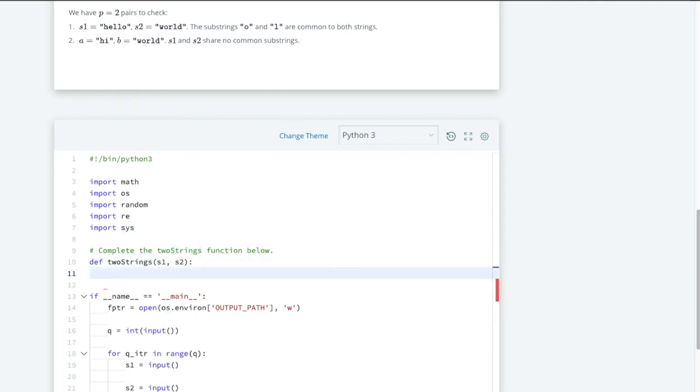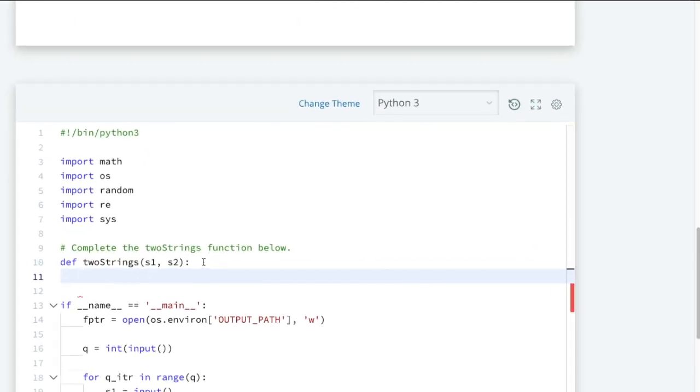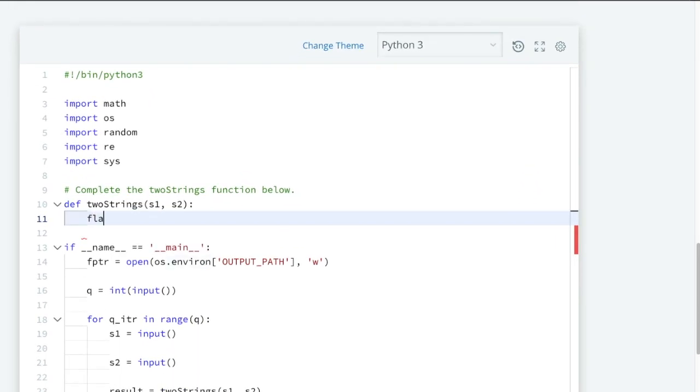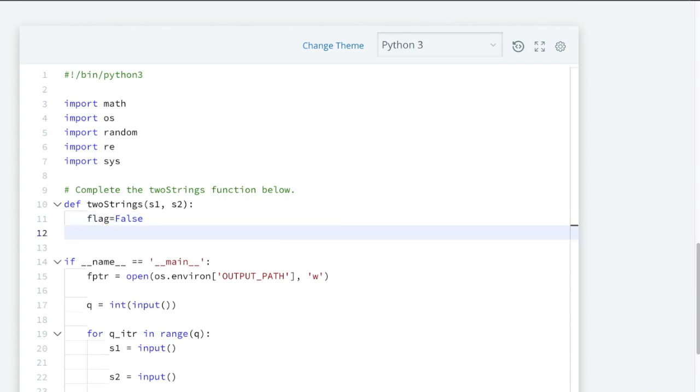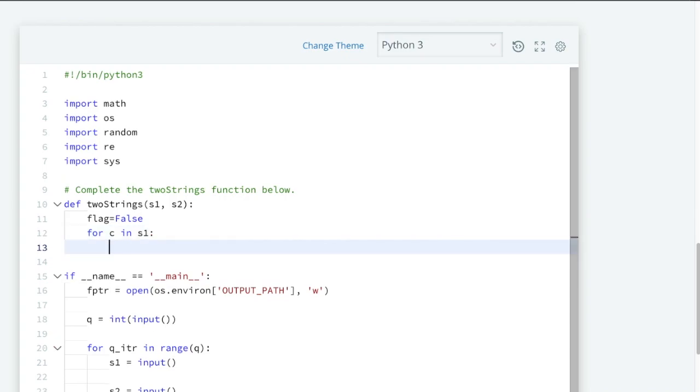For that, let us take one flag variable and initialize it with false. Now we'll iterate character by character in S1. So for c in S1, we will check if this c is present in S2 or not.